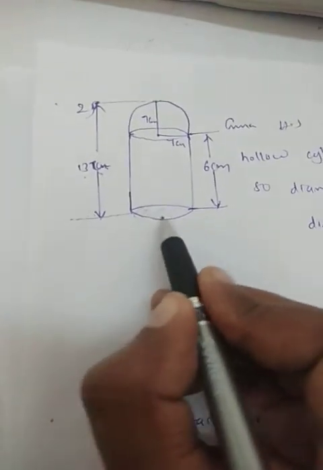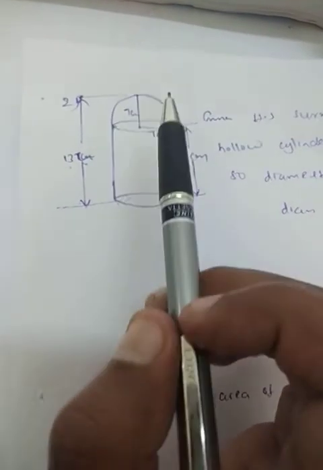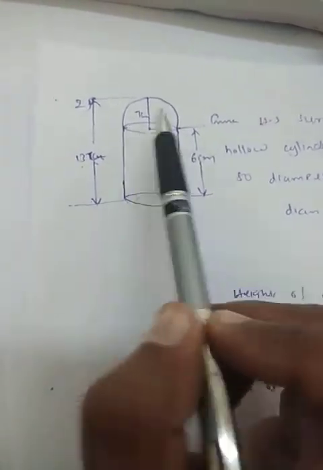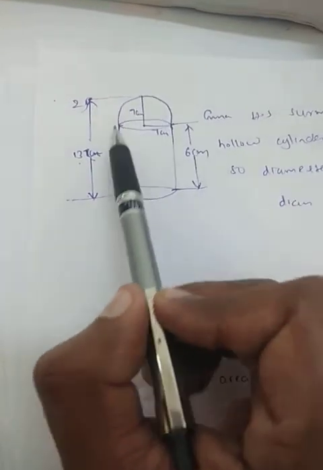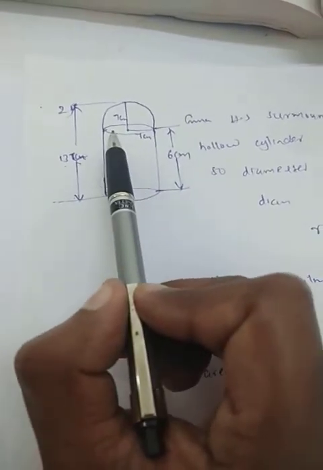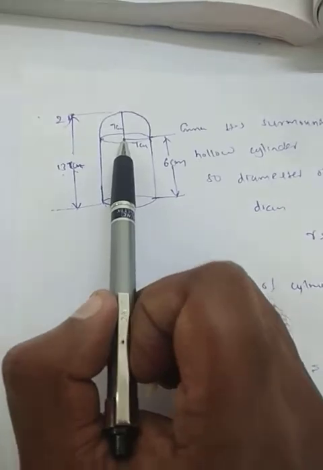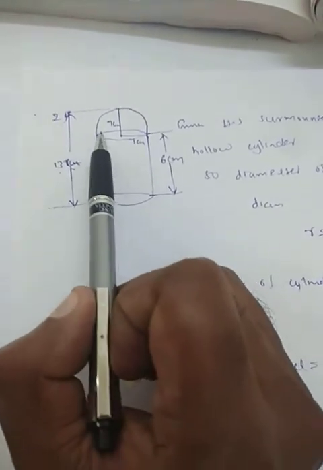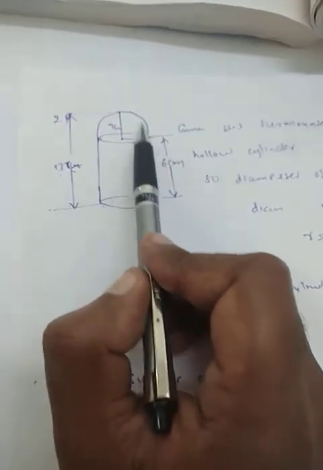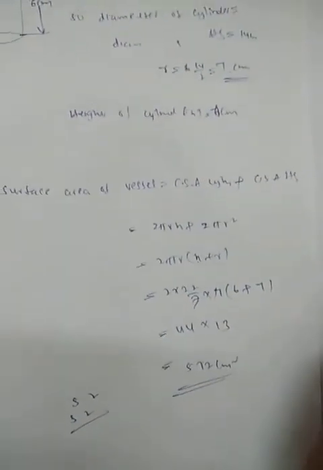Once again, we should not add this total surface area. The reason is this is a bowl, so obviously it should be open. They only ask for the inner surface area. These two are stuck with each other, so the faces are going to be open. That means there is no face here. For example, if you want to paint this bowl, we need to paint here and here. That means curved surface area and curved surface area. Like that we can imagine. This is all about question number 2.